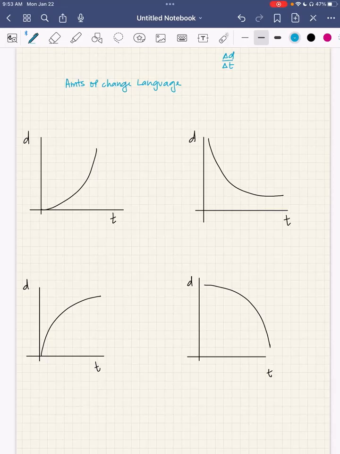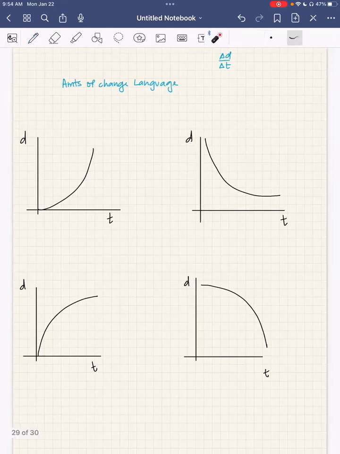In that situation, you'd look at me and you'd be like, I don't know. You guys didn't run for the same amount of distance or the same amount of time. And probably what you would do is you'd put those into a calculator and you'd tell me what our unit rate is. You'd be like, oh, well, you ran this many feet per second and your friend ran this many feet per second. And so that person's faster. But when you're doing that, you're converting both of those things into feet per second. So you're holding the per second, the 1 second constant. So when we do amounts of change language, we want to hold one of these changes constant,